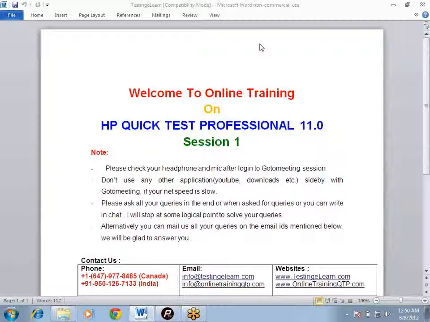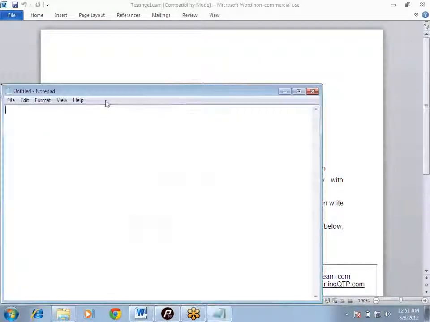I'll be giving you a few rules to be kept in mind while deciding between manual and automation testing. Then we'll talk about the automation process. After that, we'll have a brief look at the tool. We'll discuss the very basic features, record and run features, then object repository, how we can add objects to the repository without recording, drag and drop feature, and finally generating our own code. All these things we are going to have a look at in this particular session. Okay, let's start it. Let me open up Notepad.